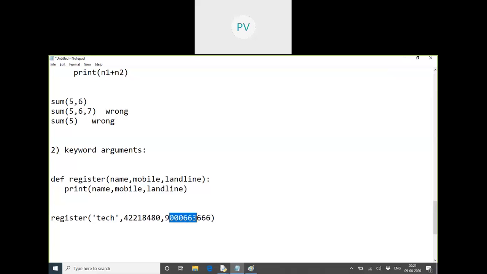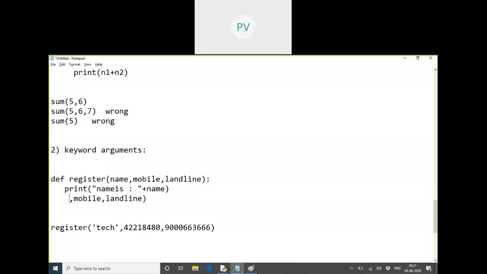But is it a correct one? Did the user supply the inputs in the correct order? No, the order was mismatched. I just gave the data in the wrong order, so my information looked different. If you had written a sentence saying that name is this and so on, would your message look correct or wrong?